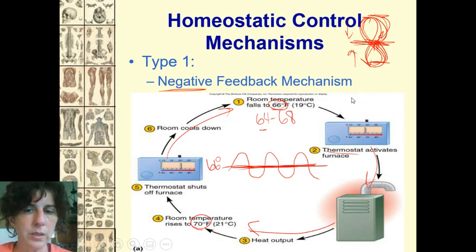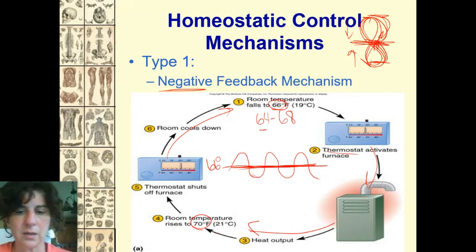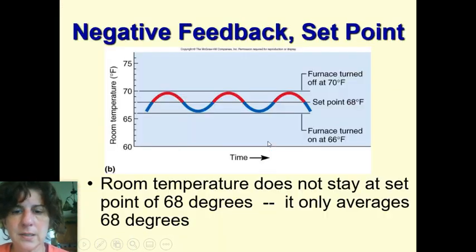We call that type 1 negative feedback. Any change that's too much is negative or creates a negative reaction, so it goes the opposite direction. That's why it's called negative, okay? The opposite of disorder, basically.